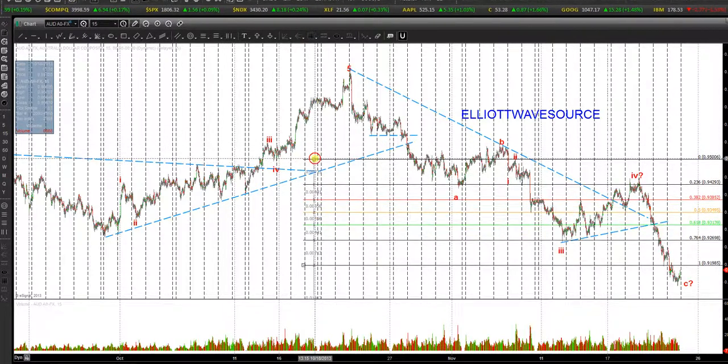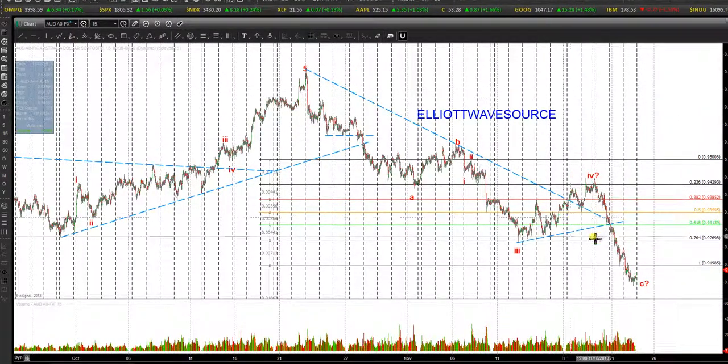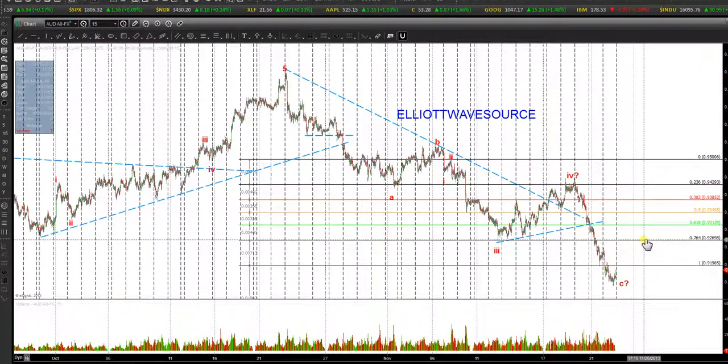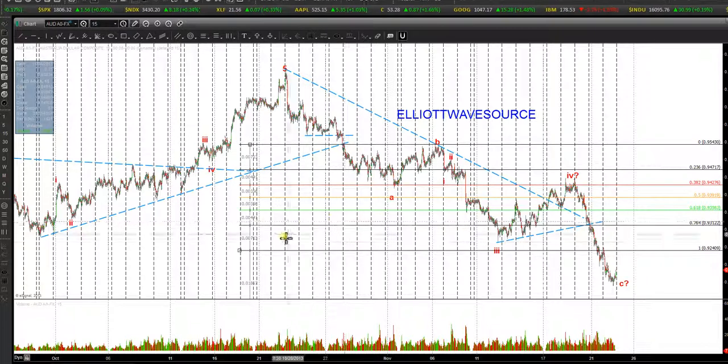Resistance at the 76% mark, and then we got that fifth and final wave. Now, being that prices broke below that level, we're starting to see a different picture. Now, we could see prices move towards that